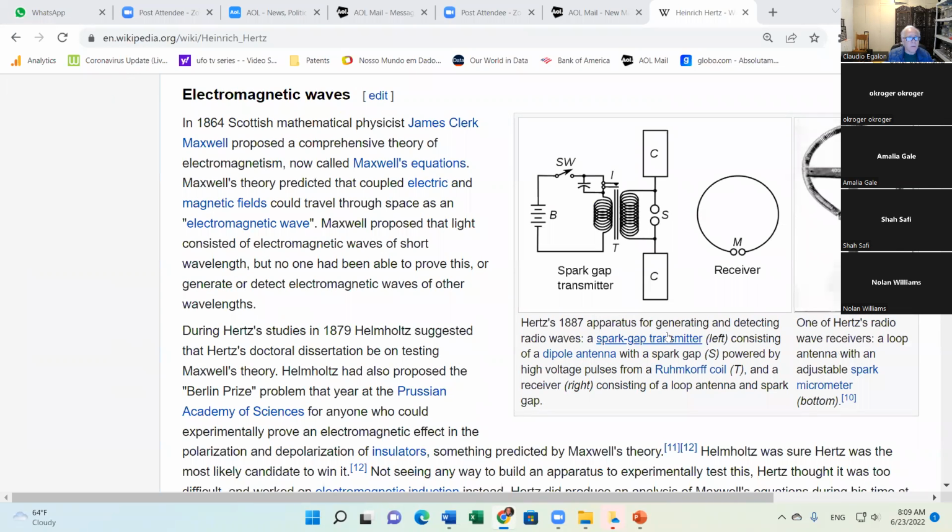Okay, so here you go. We have what we call the transmitter, the generator of electromagnetic waves. Note that we do have a power source here. This is a battery. And we have a coil here, another coil. What we have here is actually a transformer. We have a capacitor here as well. Spark gap. And then we have two metallic spheres with a very small gap between them.